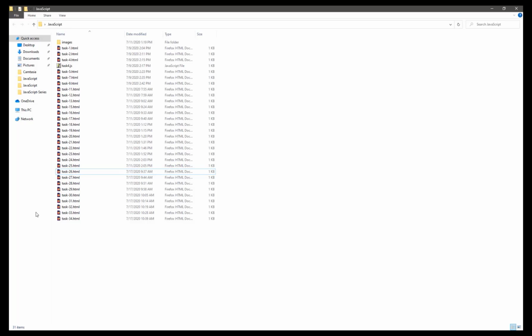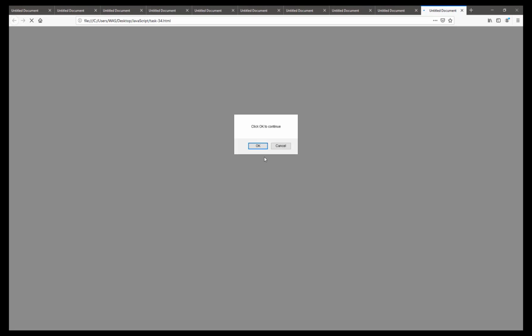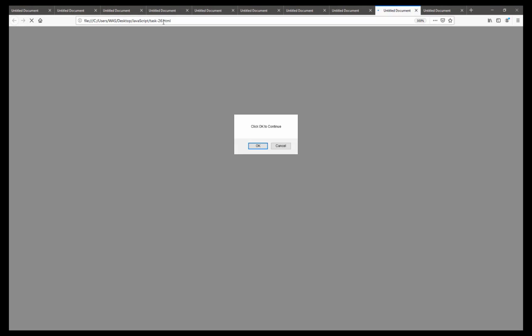So we are going to our task number, and when we click OK, it's "user clicked OK." It doesn't come as true or false like this. It's task 26, see here. So when we click OK, its message comes true, or when we click cancel, it comes false.